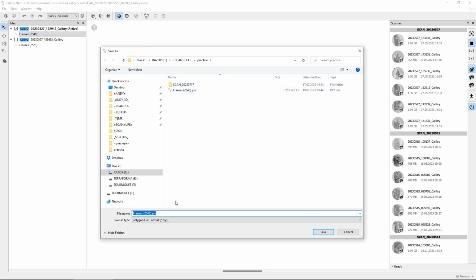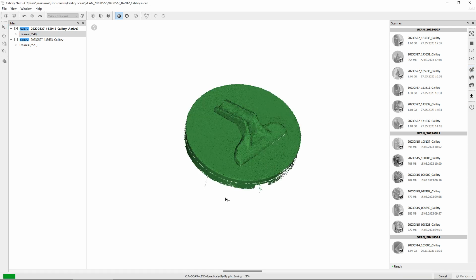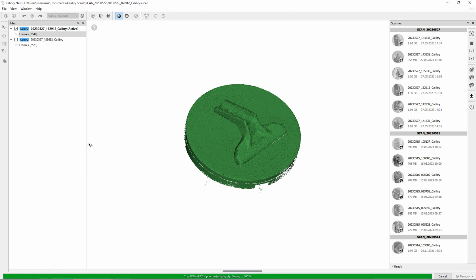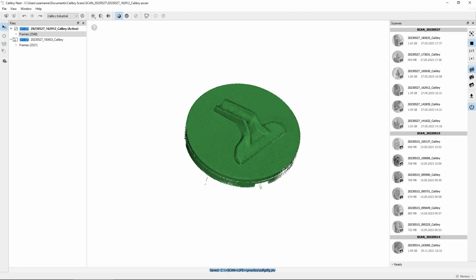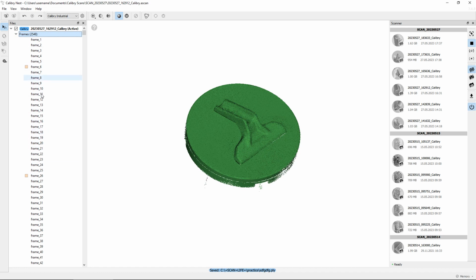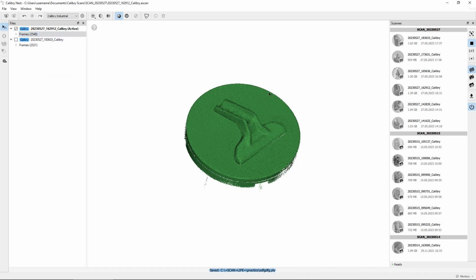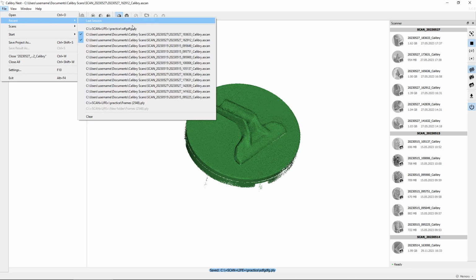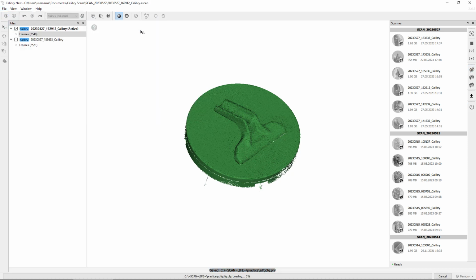You can save it here, just give it a random name, whatever you want it to be called, and just save it. But mind you that when you're saving a point cloud, you're losing all the data about frames. So there will be no frames anymore. It will be just a point cloud as you see it over here. So if I go to File, Recent, here is our file that we just saved. And if I open it in Nest,